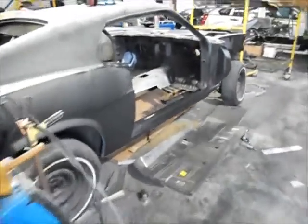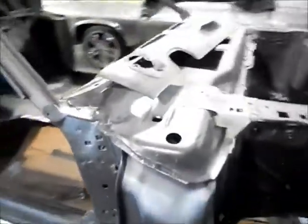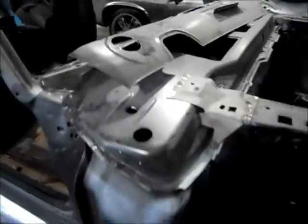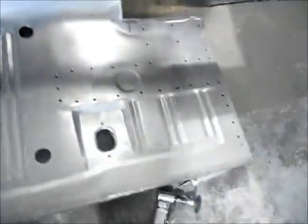Okay, as I've done before on this 70 Mustang, I replaced the cowl. We talked about that. I'm going to put the cowl in, replace these filler panels. I've been working on the floors, and currently this floor is ready to go in. And a couple things I wanted to show you. This is the new floor pan right here,